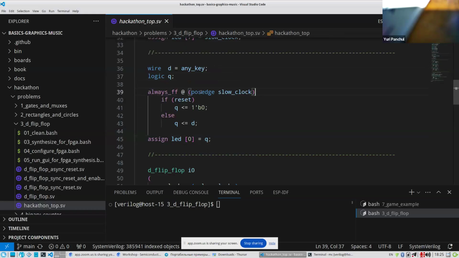This means always FF at positive edge slow clock, which means that every time slow clock goes from 0 to 1, if you see reset, your D flip-flop gets set into 0, and otherwise you get value from the input and store it inside D flip-flop. When we run the synthesis for this code, we can see the following.